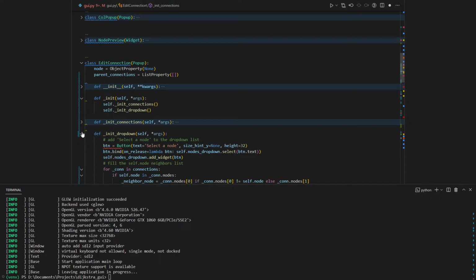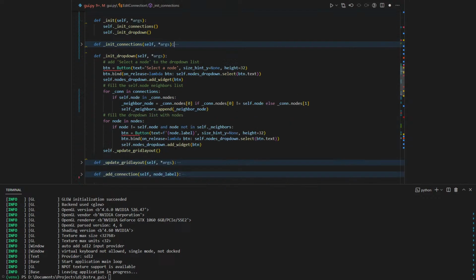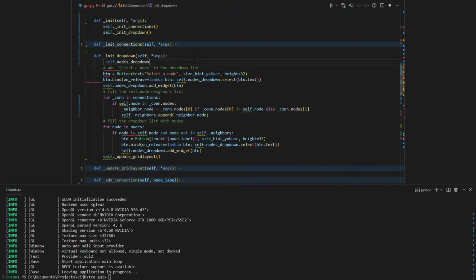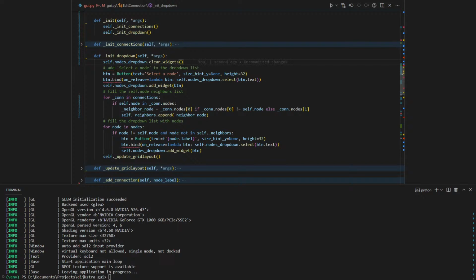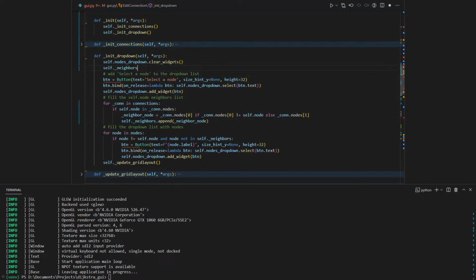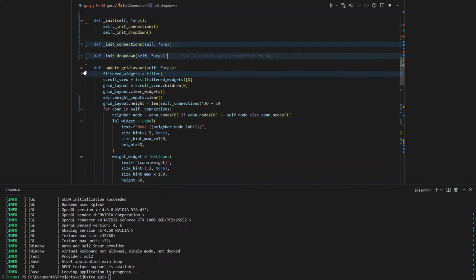For now, we need to reset then. Same as self.node.dropdown.clear widgets. There we go. What else? Self.neighbors.clear. What else are we adding? That's all. And then on update grid layout,